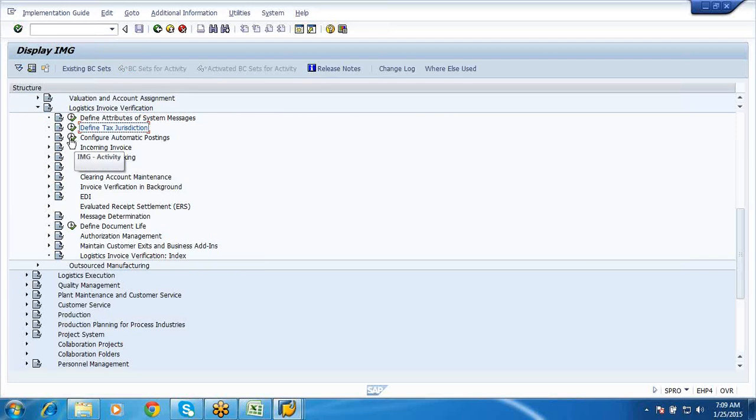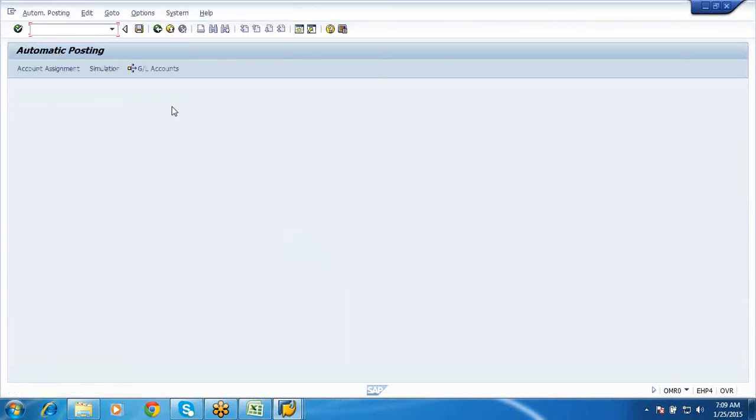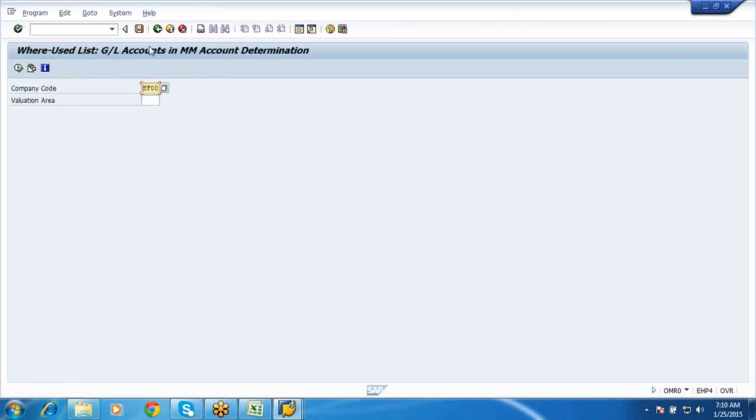Next you have configure automatic postings. This is nothing but your OBYC settings, the one which we did in the account determination. It's the same.